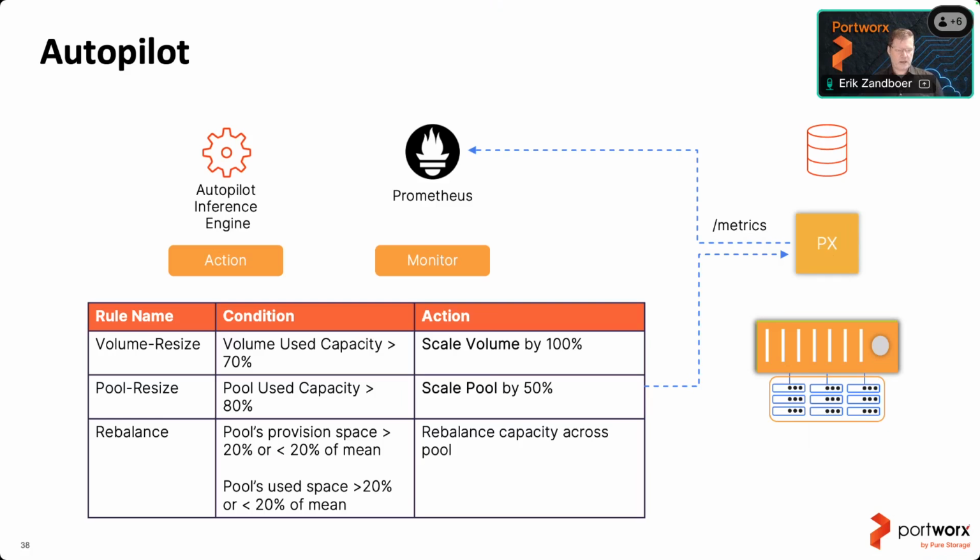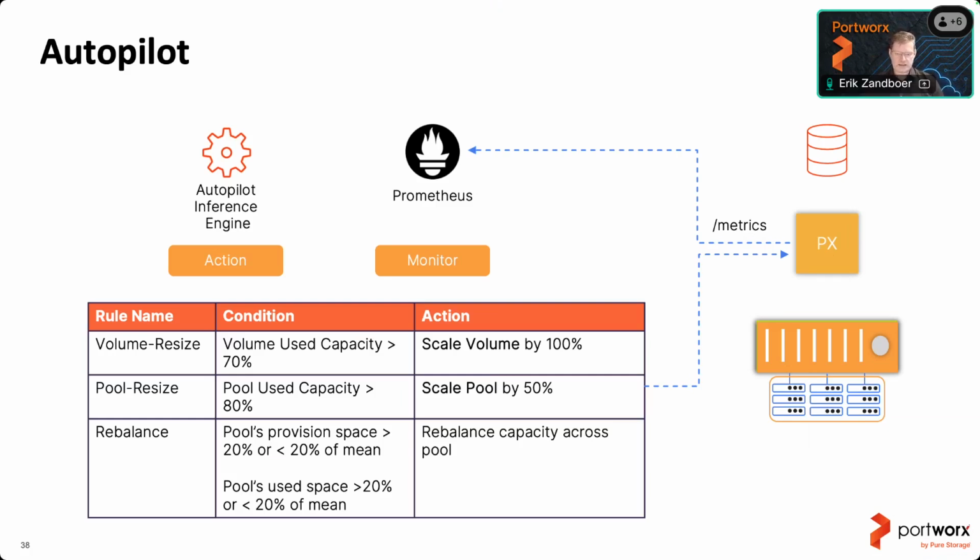Maybe even cooler is that we can resize pools as well. So a pool is grabbing the storage from underneath and building it out into a pool. When you start carving out PVCs, at some point the pool will go full, and then we can do a pool resize for certain infrastructures, because obviously we need to talk down to the infrastructure to say, hey, get us more storage. That's something that we call cloud drives. It's supported on a number of platforms, and it allows you to automatically grow a pool that the PVs can then use. And finally, we have a rebalance.